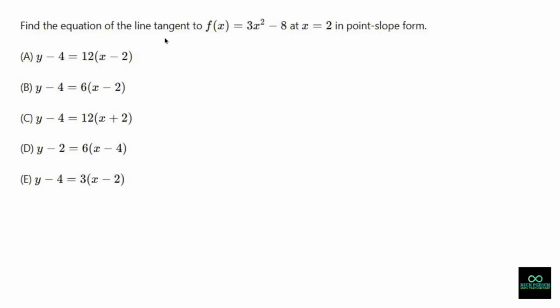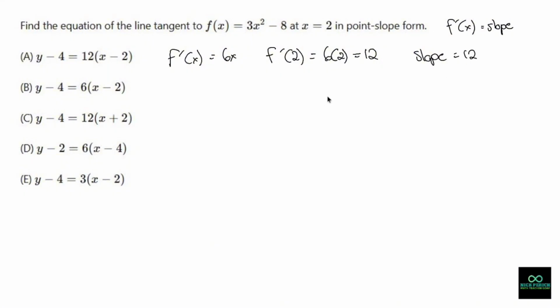Find the equation of the line tangent to f of x equals 3x squared minus 8 at x equals 2 in point slope form. So what I have to do is find the slope, which is f prime of x. That's going to give me slope. So let's find f prime of x, shall we? F prime of x is going to be dropped down the 2, 6x, minus 8 just disappears. Now at x equals 2, the slope at that moment right there is going to be f prime of 2, which is going to be 6 times 2, which is 12. So my slope